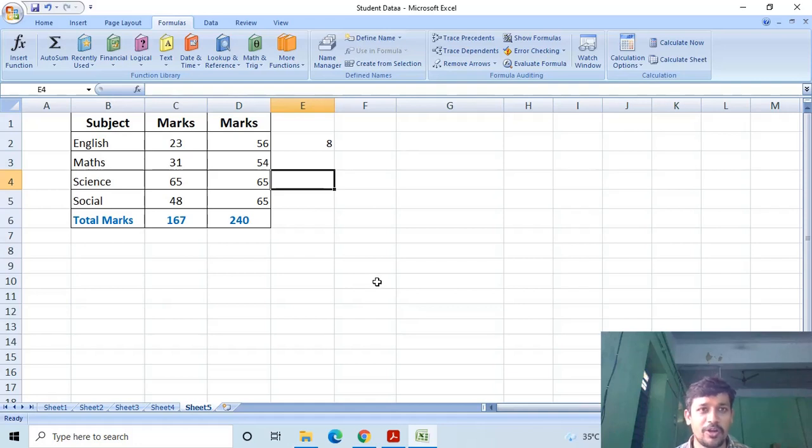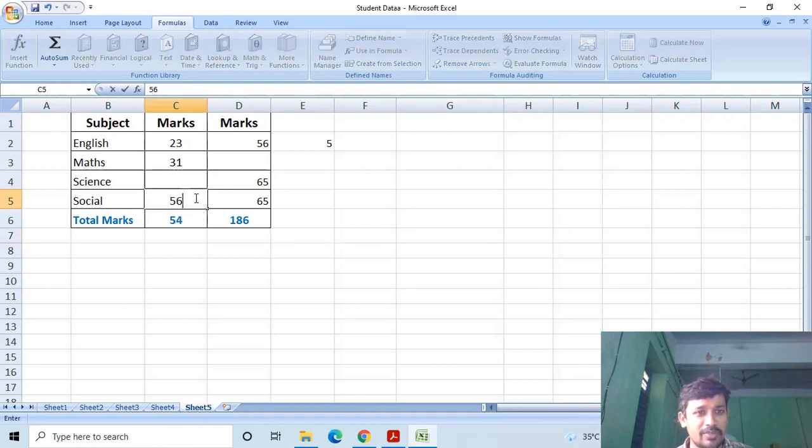If you want to change it again, go to the calculation options and click on automatic. Now see, if you delete any entry, the count decreases. If you add any entry in this particular cell range, it automatically adds the values. Okay, thank you.